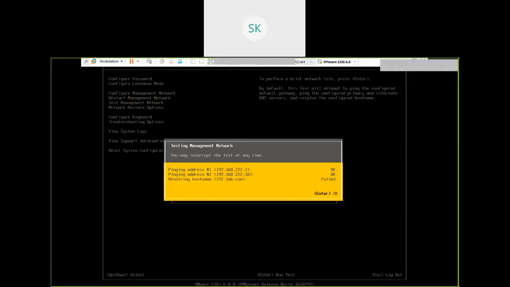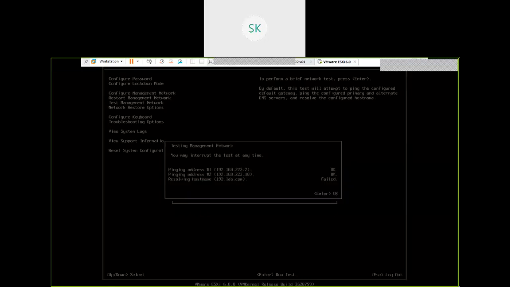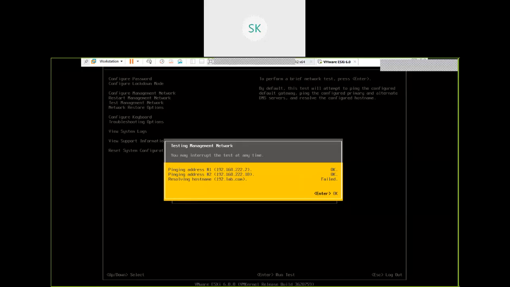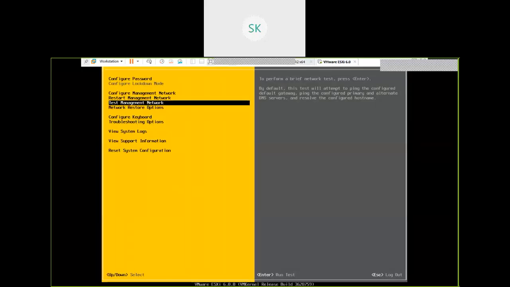So I'm going to create a host record, an A record, for this ESXi server. I'm going to create a DNS entry. Open this AD server, go to open DNS,